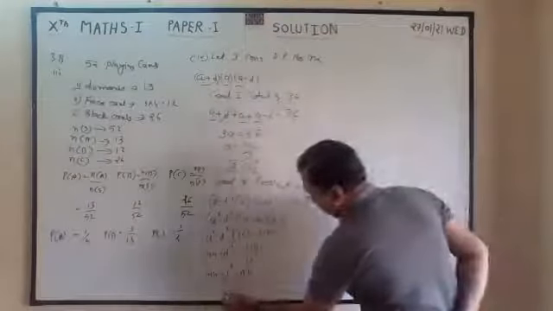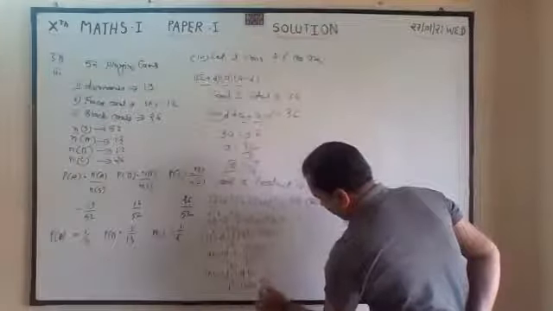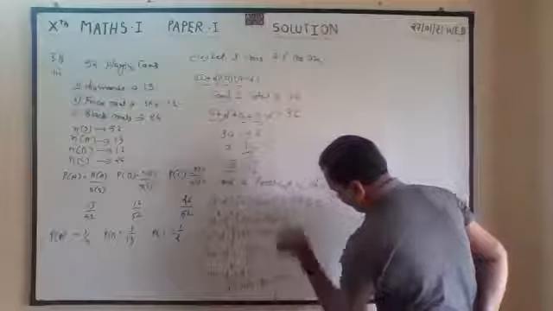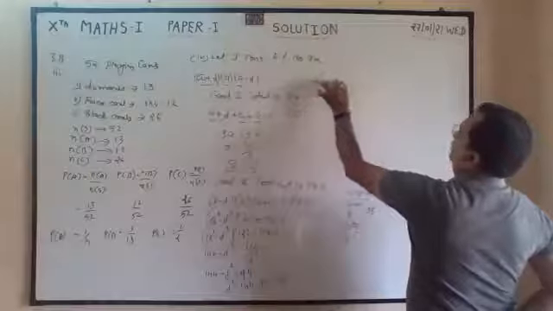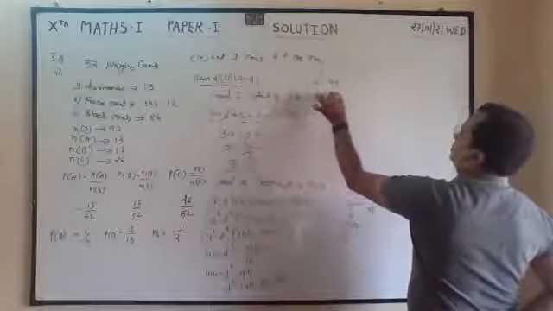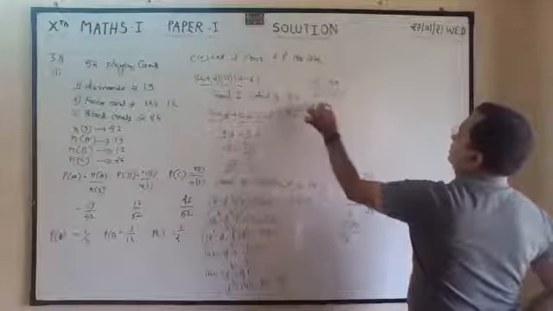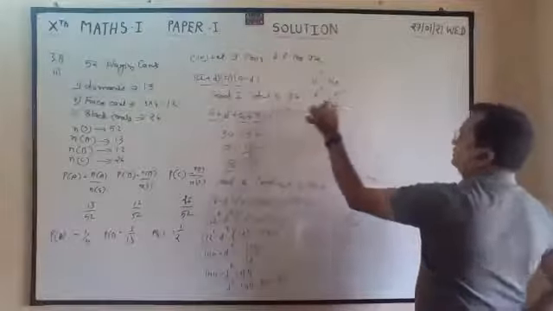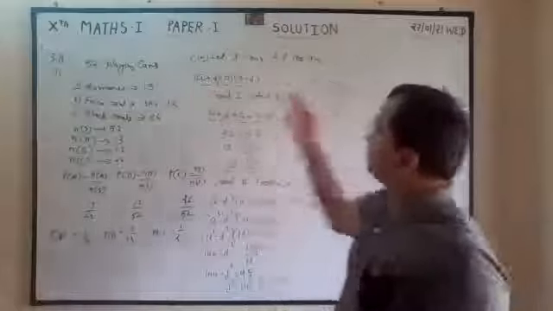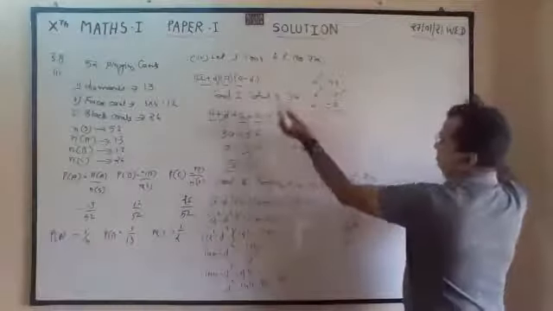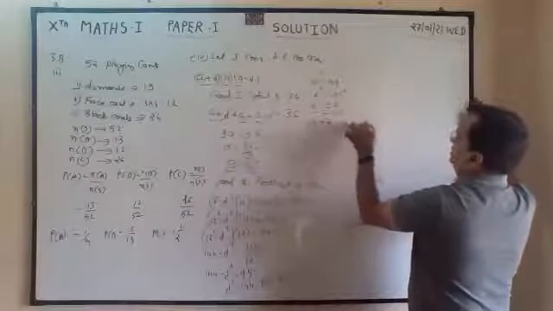So D square is equal to 114 minus 95 is equal to 49. D square is equal to 49. D is equal to square root of 49. So D is equal to plus or minus 7. But we want decreasing, so we will accept the positive answer, because if we take only positive, then only it will be in decreasing order.